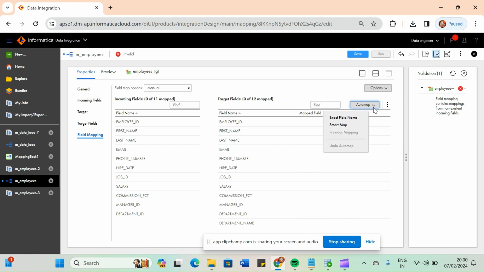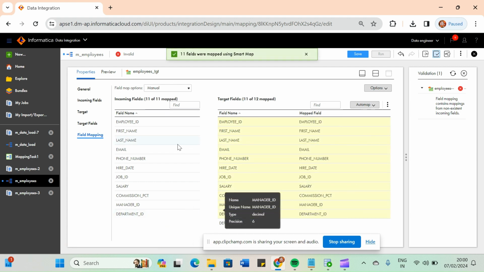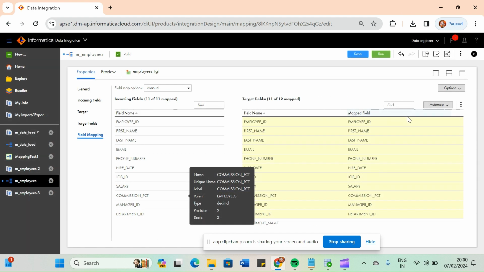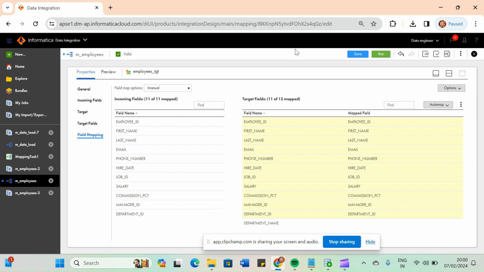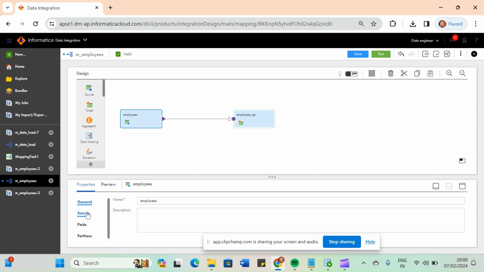Clear mapping, and let me validate this right now. It is valid now. So here what we have done, in case of the employees table, we have used this source,